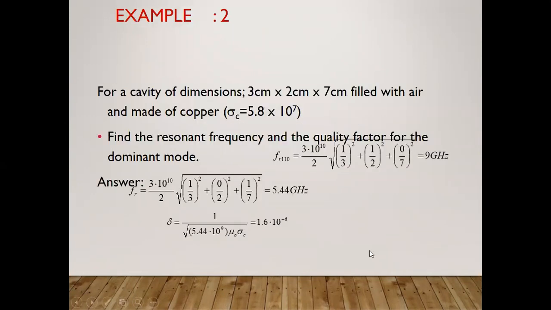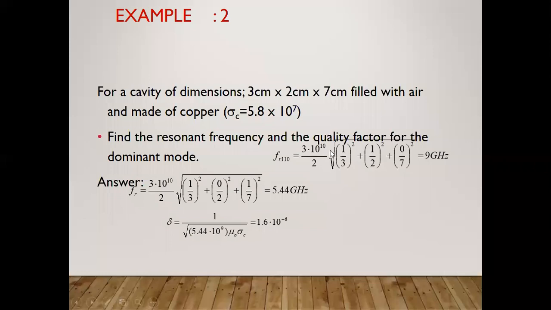So see here, one of the next examples is mentioned here, how you can calculate if the dimensions are given for the resonators in centimeters, that is A, B, and C. Okay, and the medium is air with the material of copper, and the conductivity is 5.8, given here. So find the resonant frequency and the quality factor for the dominant modes. So, okay, how can you find the resonant frequency, that is FR, maybe FC, maybe F0, doesn't matter because every textbook refers to different notations. So see here, 114 is given here.